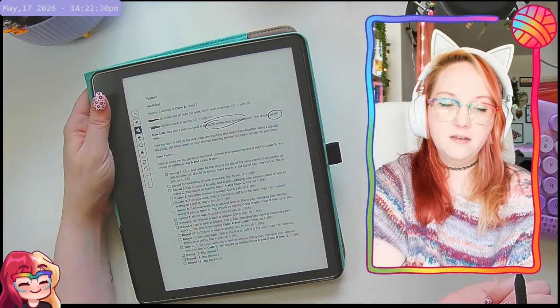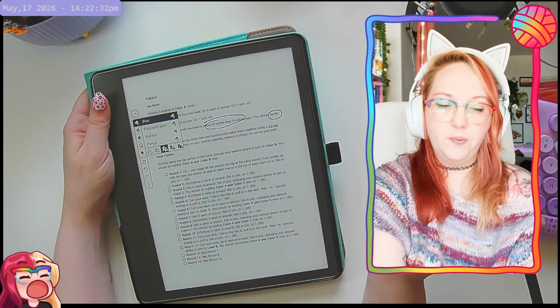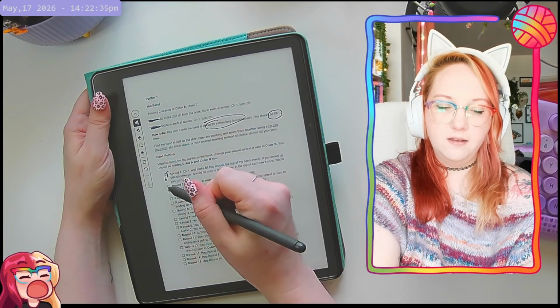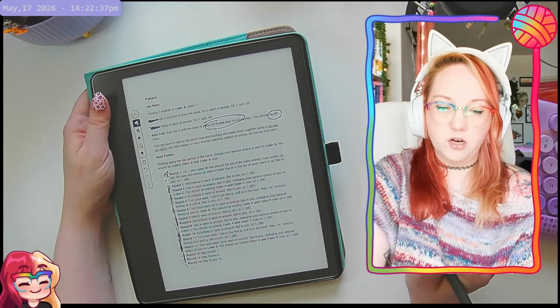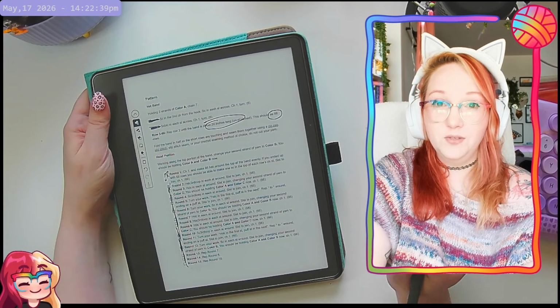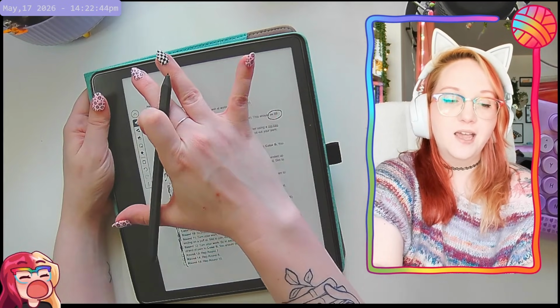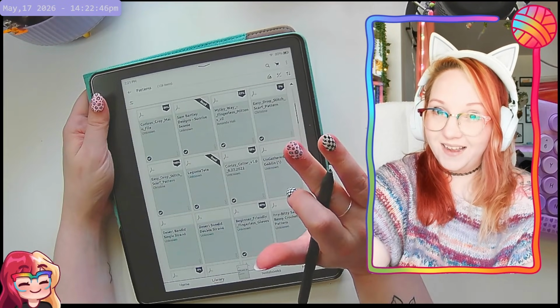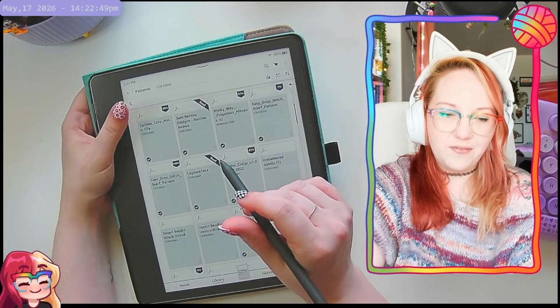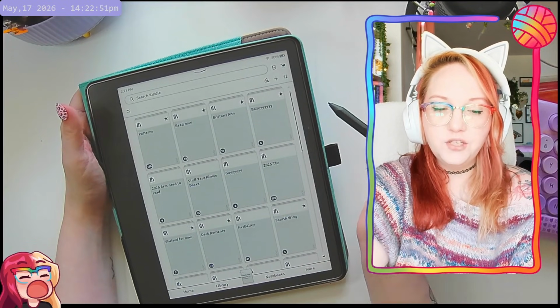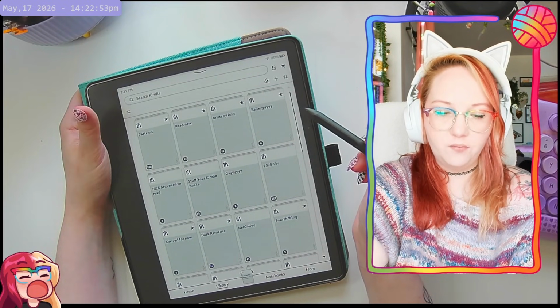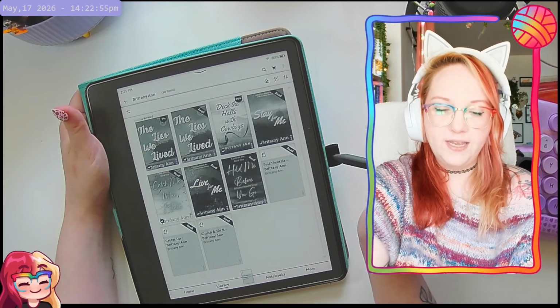Erase like a pen, tap over to pen, and then mark them all off. I think it's really cool. I use it quite frequently for my patterns. And then there's more. So if you go into a book, let's see, we'll go into a Brittany Ann book